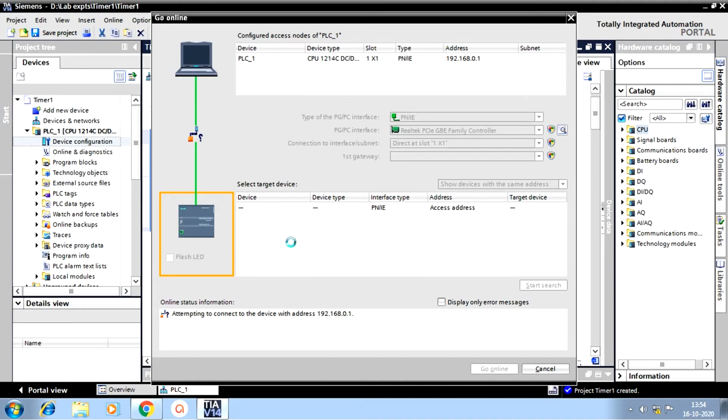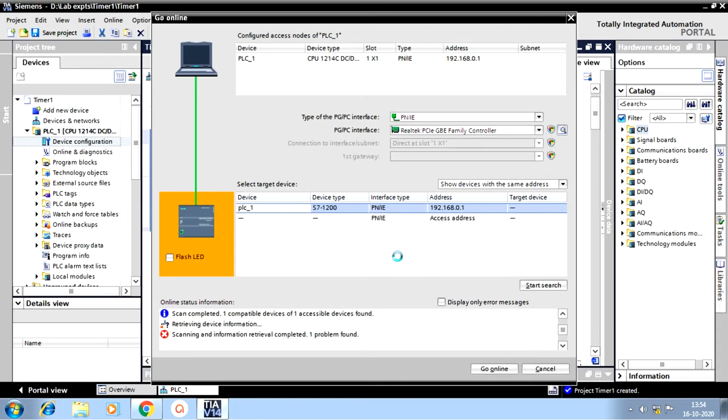The green line is broken there. So now the search is over and the PLC 1 is displayed here, that is the hardware connected.